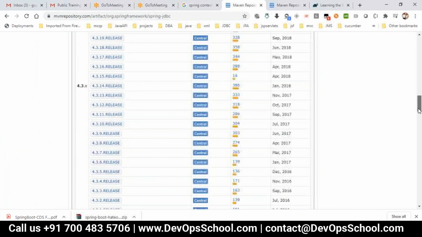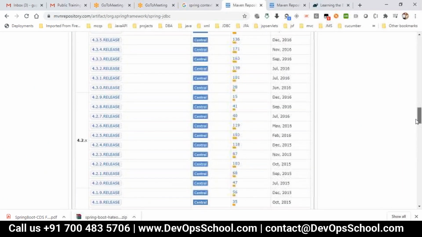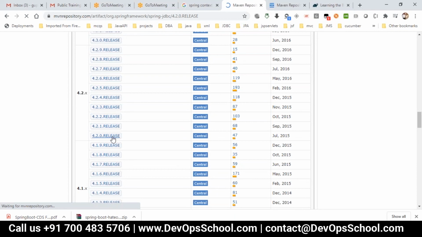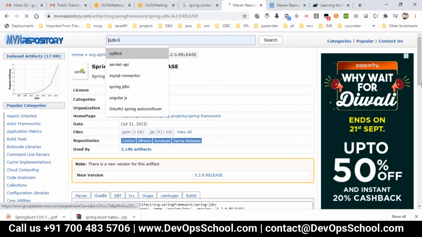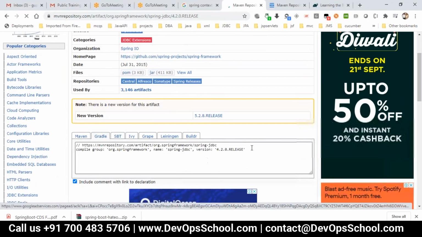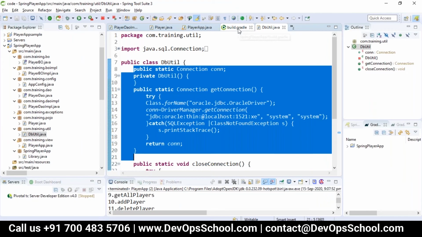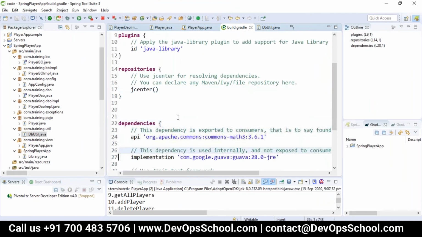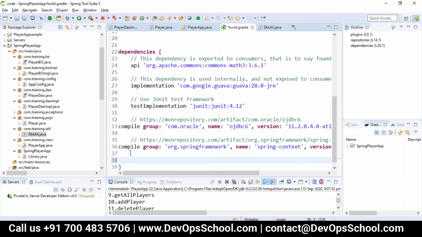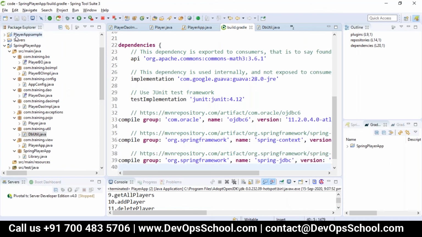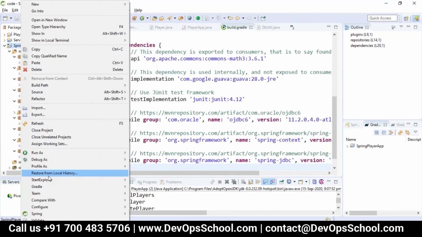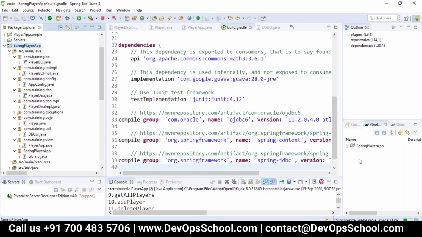I'm just using version 4 there, so here also I'll use the same version. So now we have to take care of the database connection.